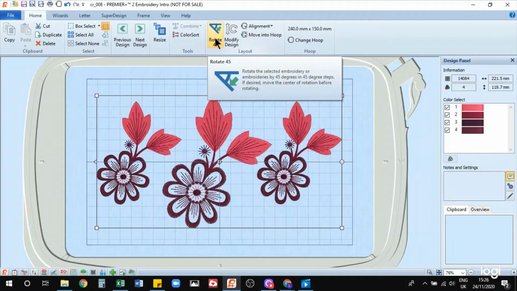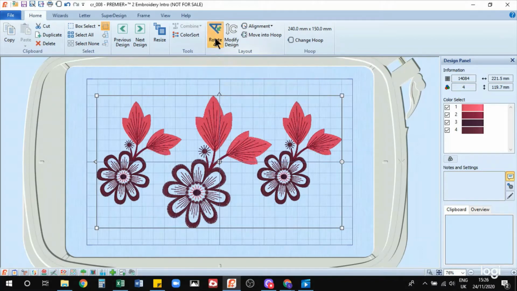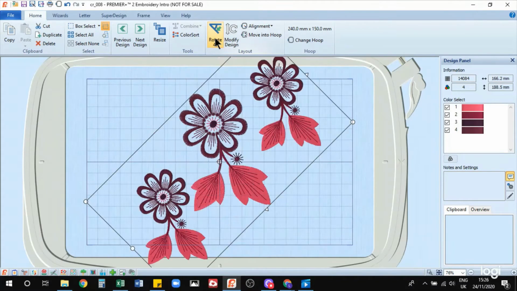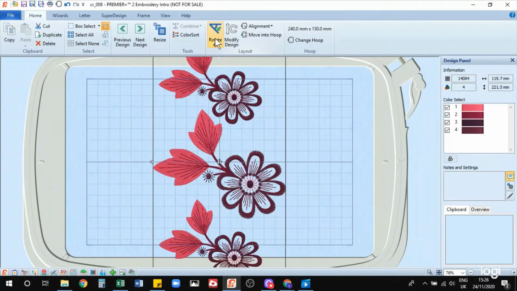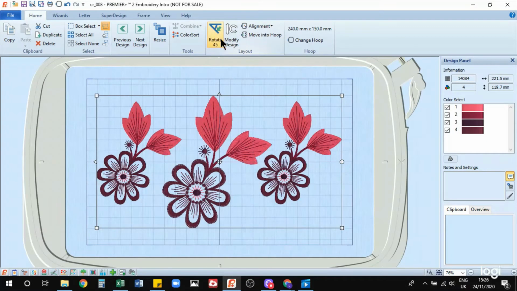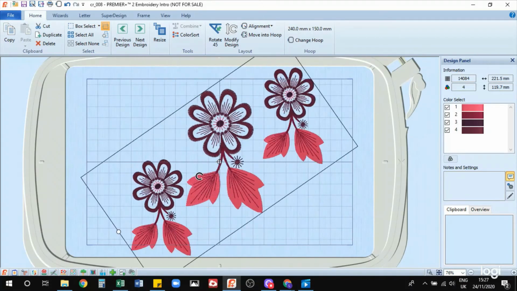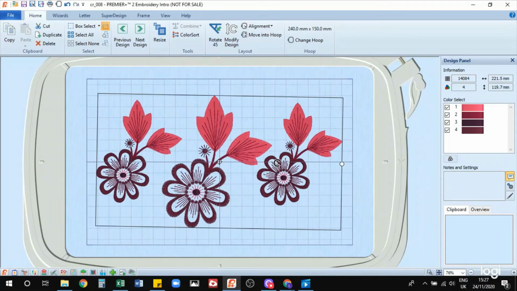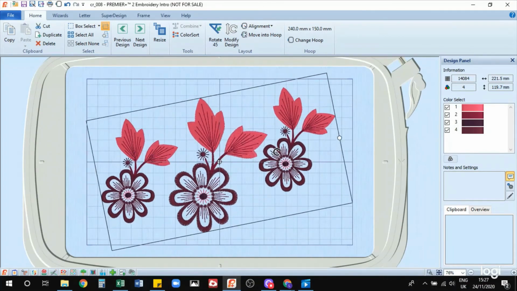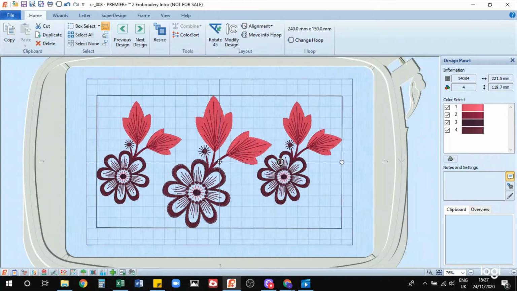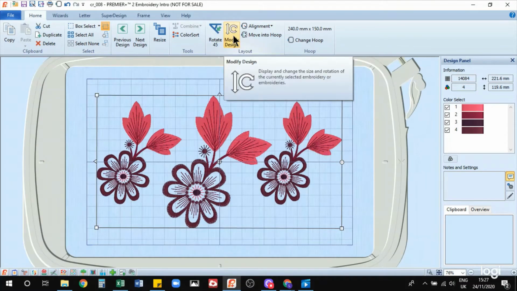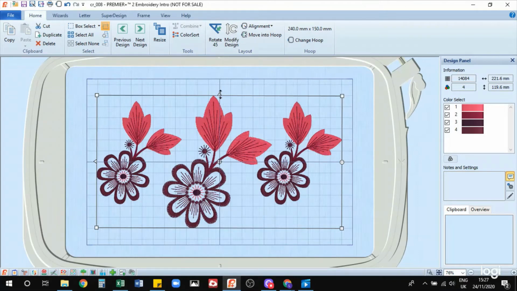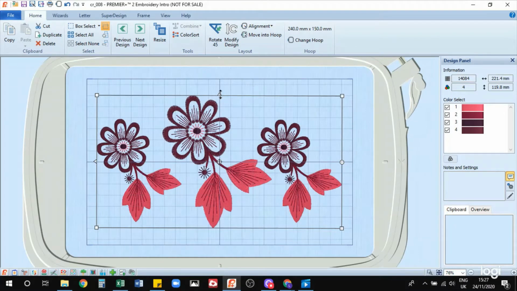Rotate, we can do 45 degrees at a time with this button here. So literally just keep pressing it and it will rotate back to the beginning. Or we can actually grab hold of this little circular icon here, and you can see you've got a circular arrow that comes up, and I can literally spin it to wherever. They're in 1 degree increments, so wherever you like, no big problem there. Also you've got triangles on the side there to flip vertically